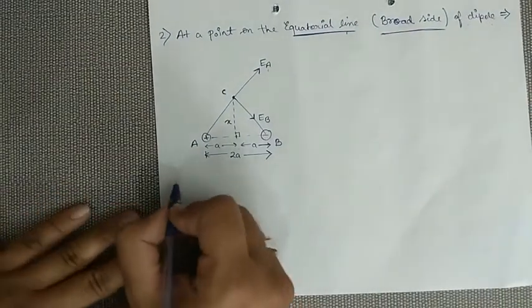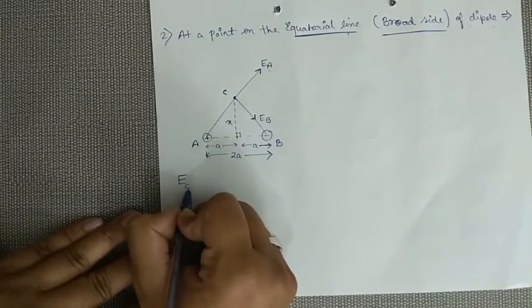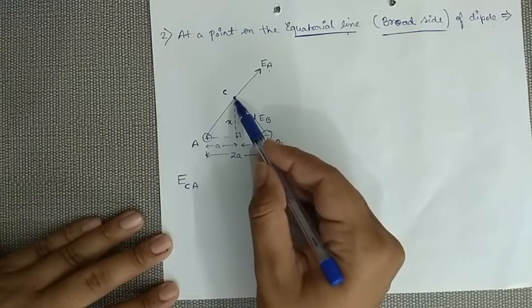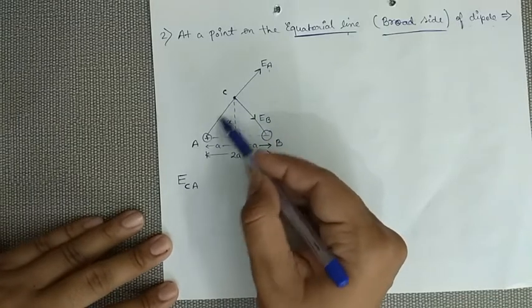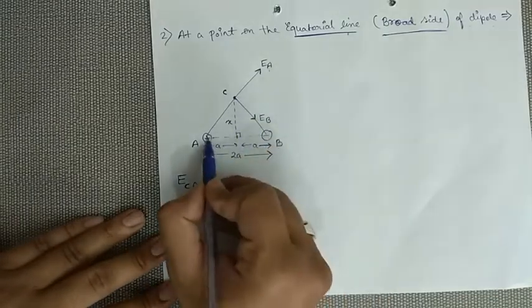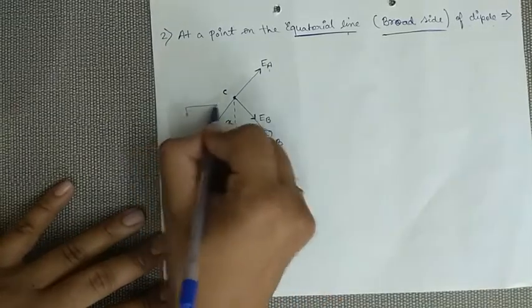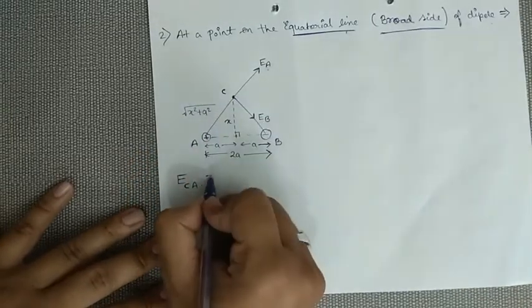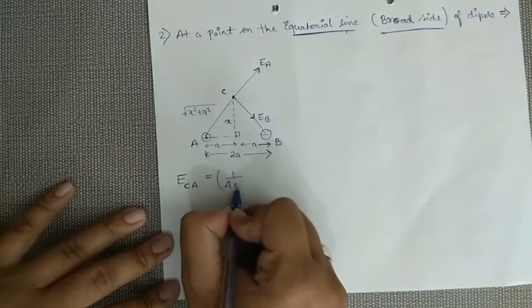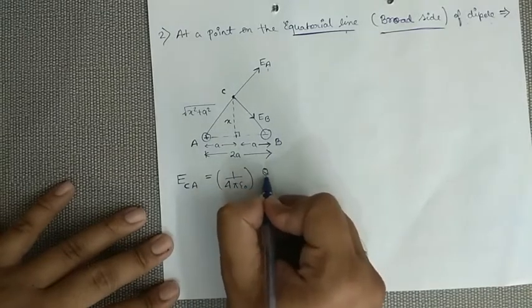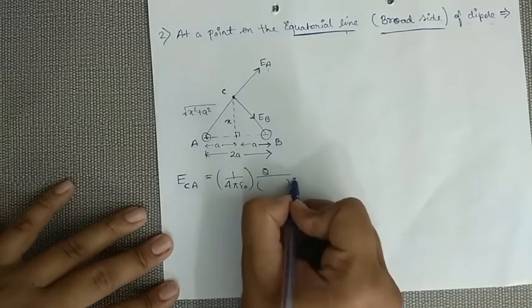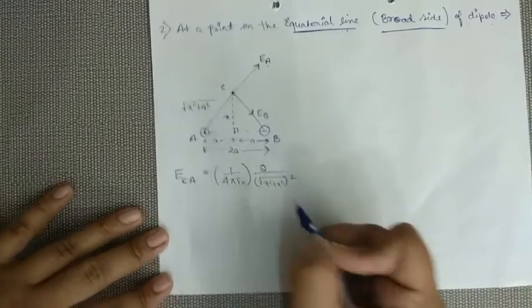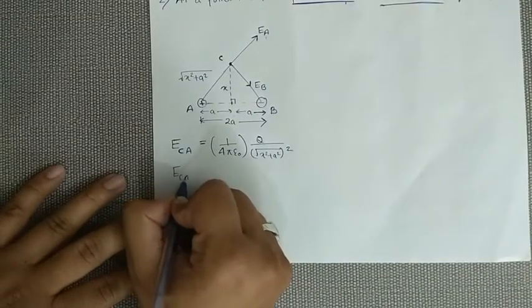So let's see the electric field at C due to A. Because of this charge, we have to find the electric field here. Now we have to find this distance also. According to the Pythagoras theorem, this is a, this is x, so this distance is root of x square plus a square. According to the formula of electric field, 1 upon 4 pi epsilon naught times charge divided by the square of distance, where the distance is root x square plus a square. On simplifying this root, we will get